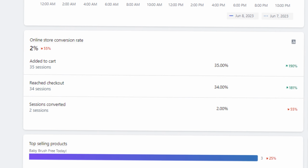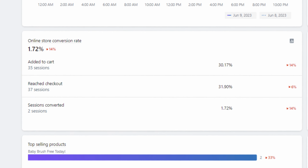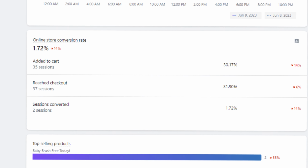On day 12, I had 100 sessions on my website, 35 add to carts, and 34 checkouts. These numbers are only higher because I spent more money throughout the entire day, unlike yesterday. Bad news is that I only got 2 sales, leaving me unprofitable for the day. However, on day 13, things were quite the same, getting 116 sessions, 35 add to carts, 37 checkouts, but only